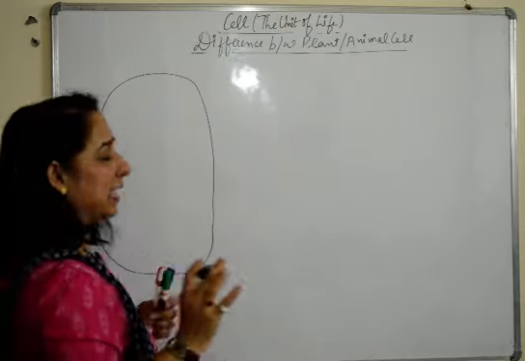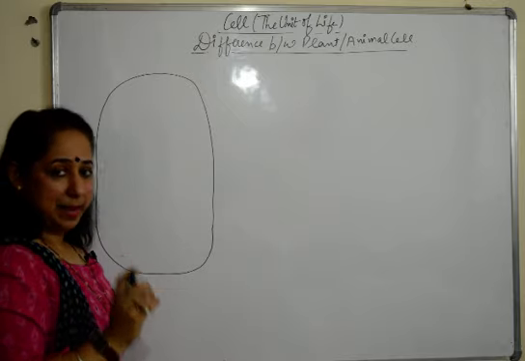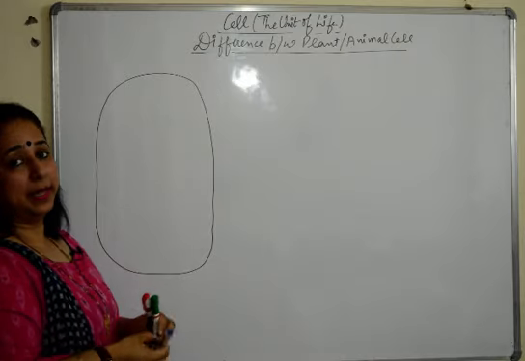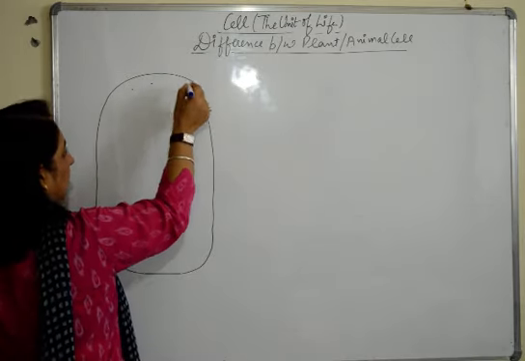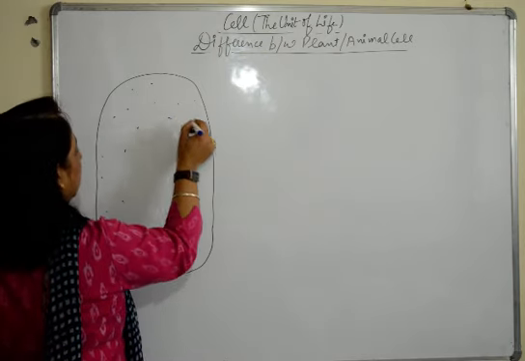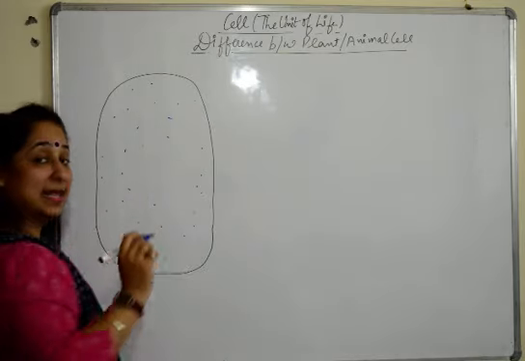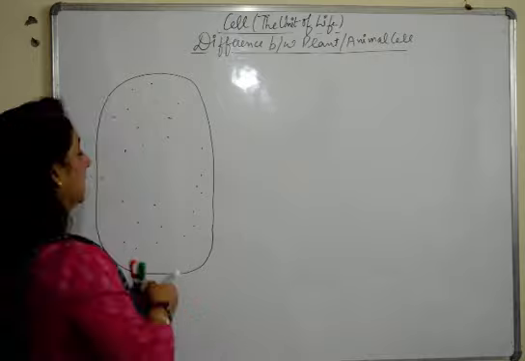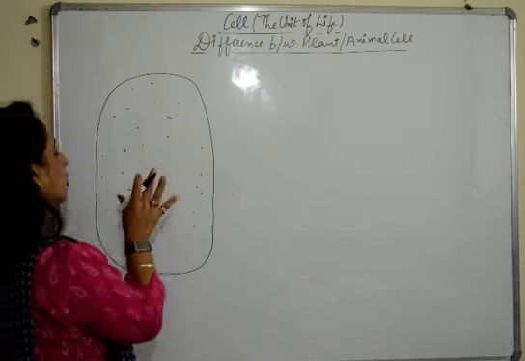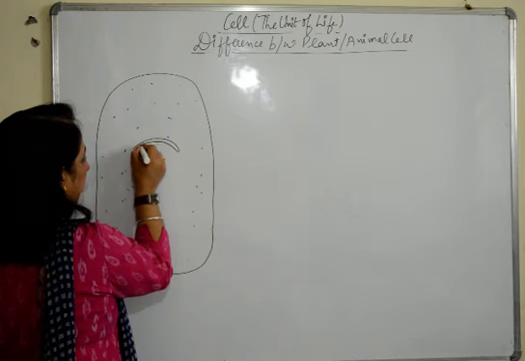So, see very carefully. The outermost layer of the animal cell is the cell membrane. Inside the cell membrane, there are two main components. There are many others as well. The first one is a semi-liquid fluid, which we call cytoplasm. And inside this, in an animal cell, it is normally placed almost in the center, that's the nucleus. Nucleus is a double membrane.